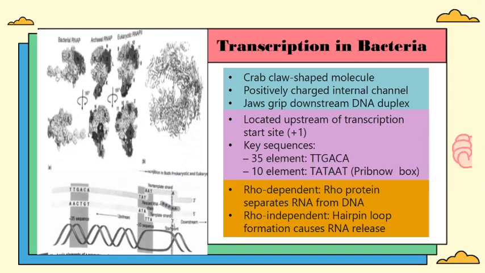And this TTGACA sequence is known as the -35 element, and it is also called a consensus sequence, which indicates that it is the most common version of a conserved sequence, but that some variation occurs from one gene to another. And the second conserved sequence is found approximately 10 bases upstream from the initiation site and occurs as the consensus of the sequence